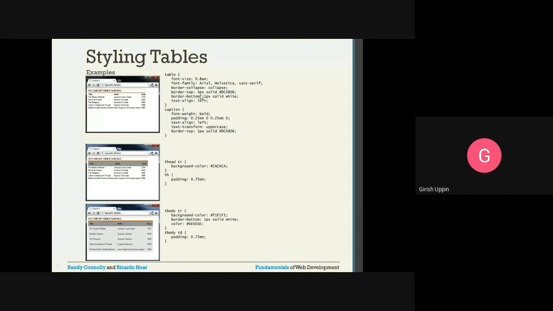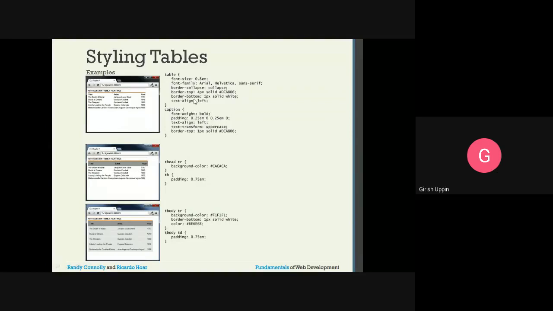You can see border-top will make the top border with this style. What is the style? 4 pixel, that is the thickness. Then solid line, and this is a color represented in hexadecimal, which looks a little yellowish. So we cannot make out what color it is from the hexadecimal, so this hexadecimal number is given.